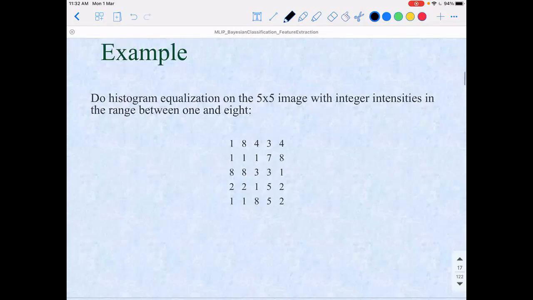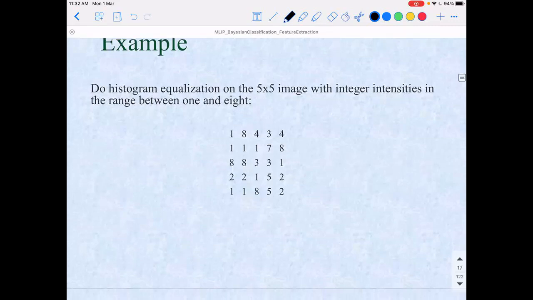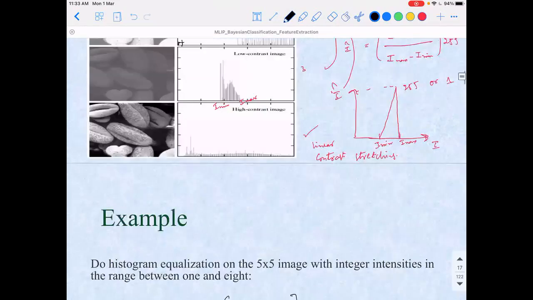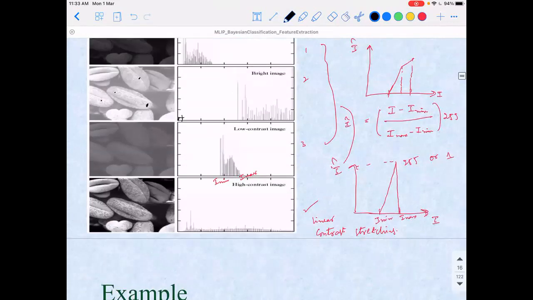What histogram equalization says is, assume that this is the image matrix. What histogram equalization does is it tries to map the histogram of the given image to a roughly uniform histogram. If I want to map roughly to a uniform histogram, what will happen? If I take any bin, up to here, one bin, here another bin, another bin, and like this.